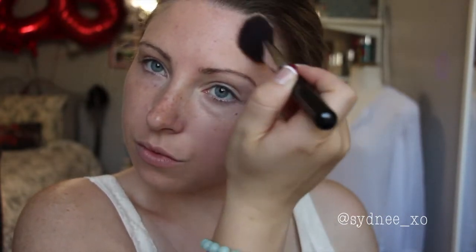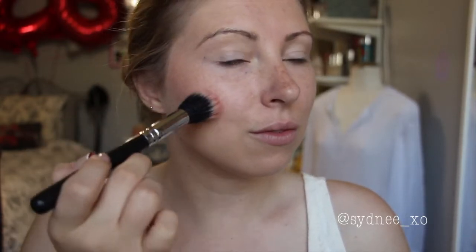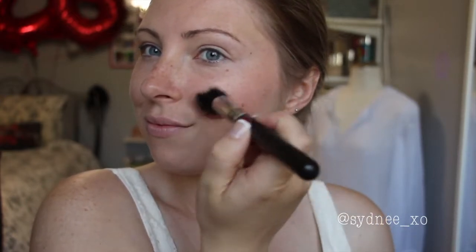Now I'm using a ColourPOP blush shade that I just got from a friend of mine, my friend Jillian, and I'm using it as a contour slash bronzer type shade because it's obviously much too deep for my skin tone. I know that they don't really apply all that well with a brush, so I did get some pigment. And now I'm going with a sample size of NARS Orgasm, and I have a shade from e.l.f. that's like this color, and I love this color, especially for spring and summer,